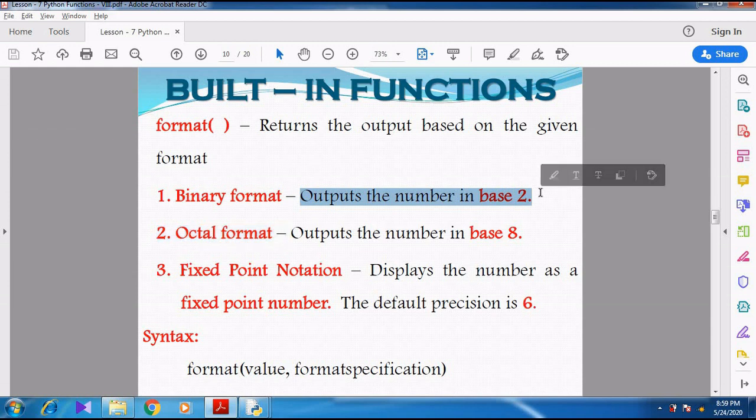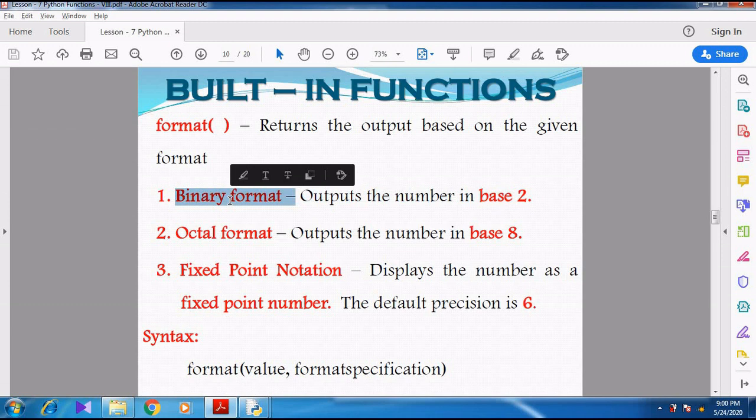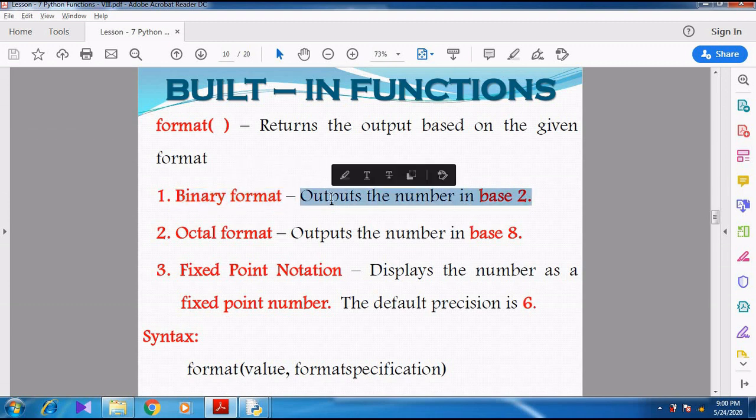Base 2 in the sense, the binary number's base is 2. Decimal number base is 10. Octal number base is 8. So whenever we go with the binary format, the output will be displayed in the base of 2. So the given number will be changed into a binary number, zeros and ones.